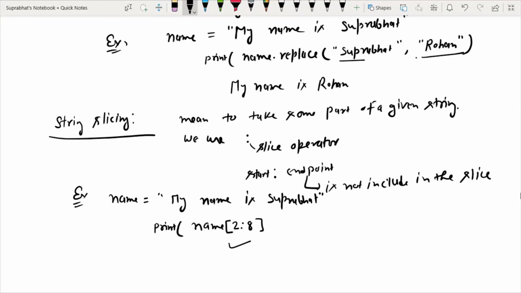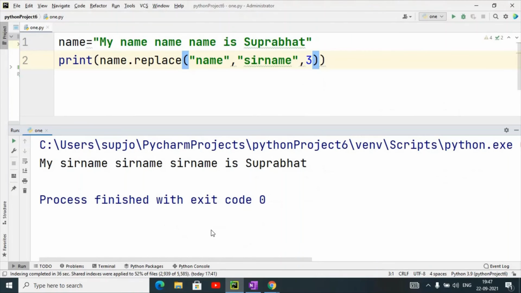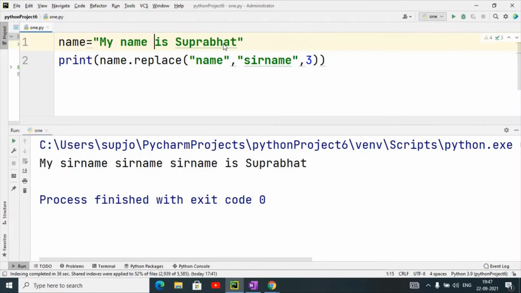We can check in PyCharm so that you can understand this. Suppose I have the string like this, my name is Suprabhat.